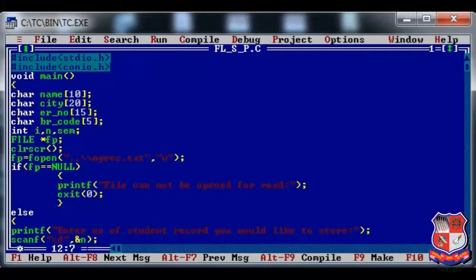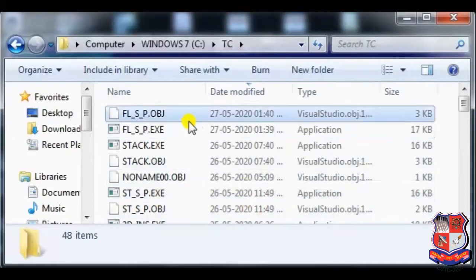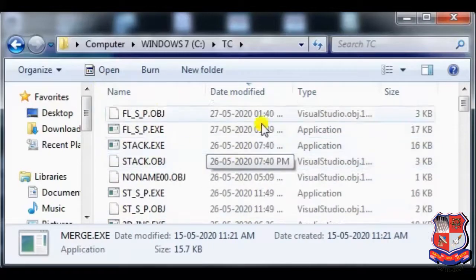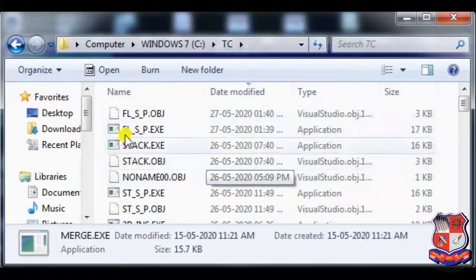Okay, now I am opening a file. fp is equal to fopen myreq.txt with mode w. As you can see right now, there is no myreq kind of file over here. Whatever file will be created, that will be created at this location. Fine.